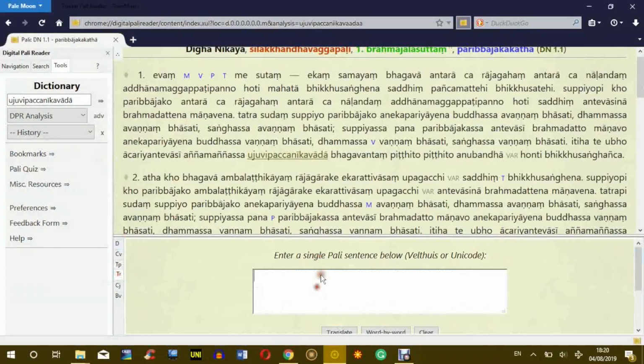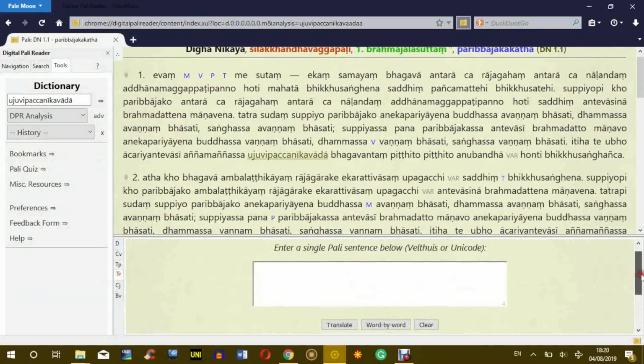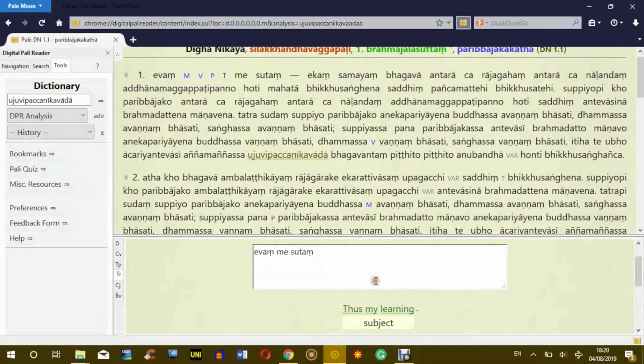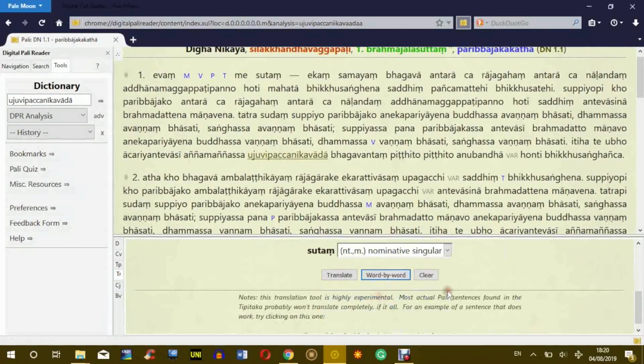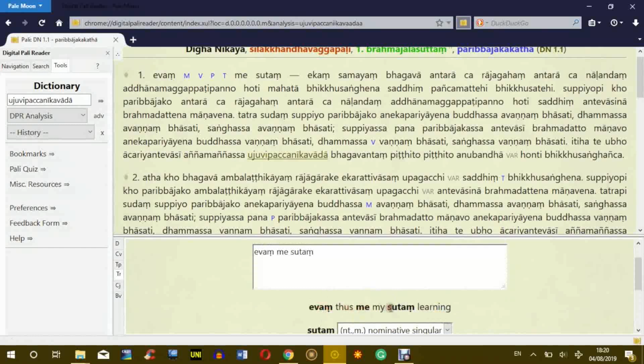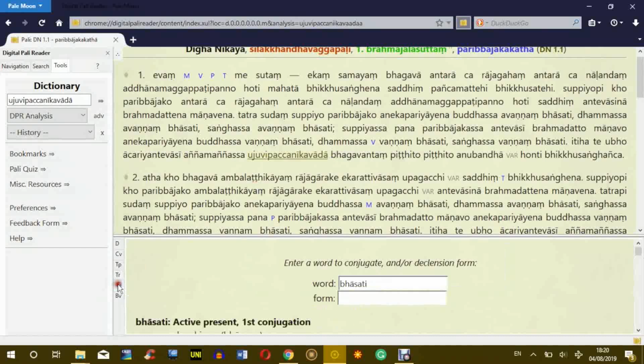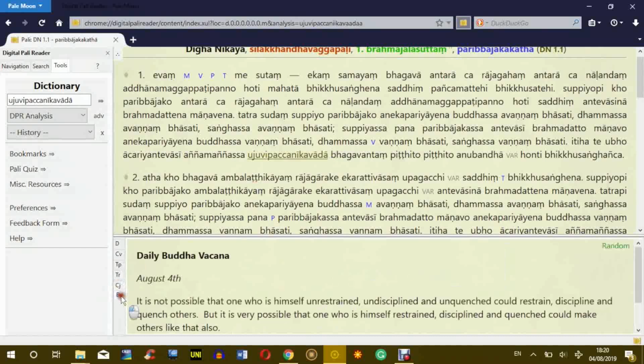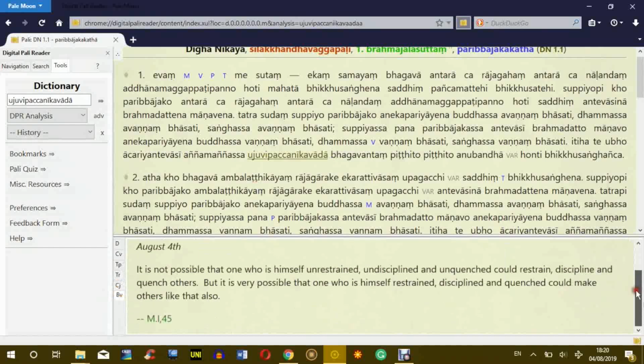Next one, translation. So here you can also use a translation function for sentences. So for example, by translate, you get the whole sentence translated. If you go word by word, then it translates word by word. Obviously, for complex sentences, it cannot be that smart, but sometimes it can be. It's a funny tool. So conjugation I already explained, and then Buddha Vachana is just a daily kind of sutta